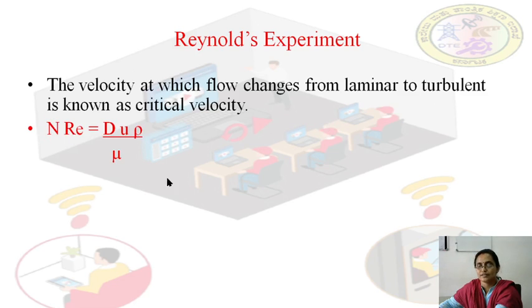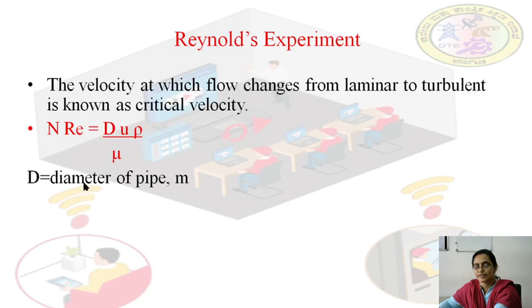So this is the equation. Reynolds number is equal to d u rho by mu. D is the diameter of the pipe, u the fluid velocity, rho the density of the fluid, mu the viscosity of the fluid. So Reynolds number depends on all these factors,